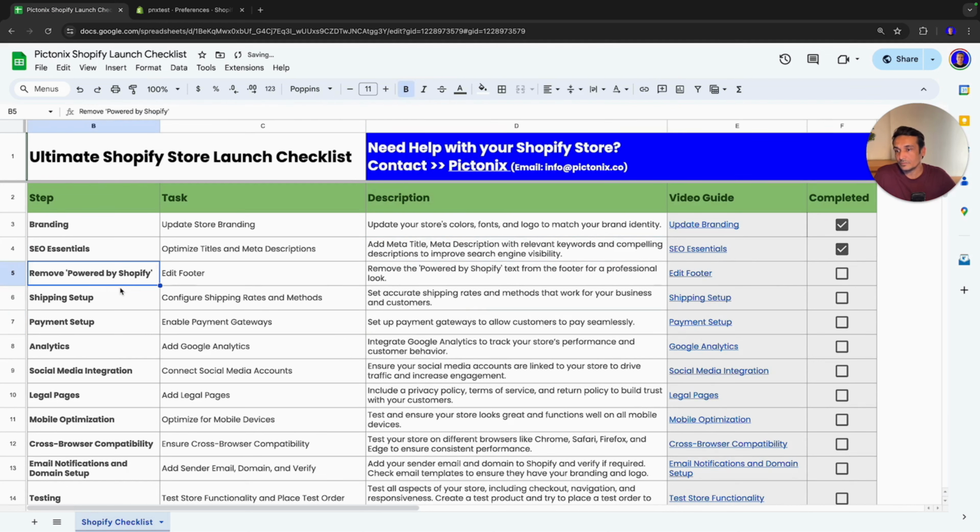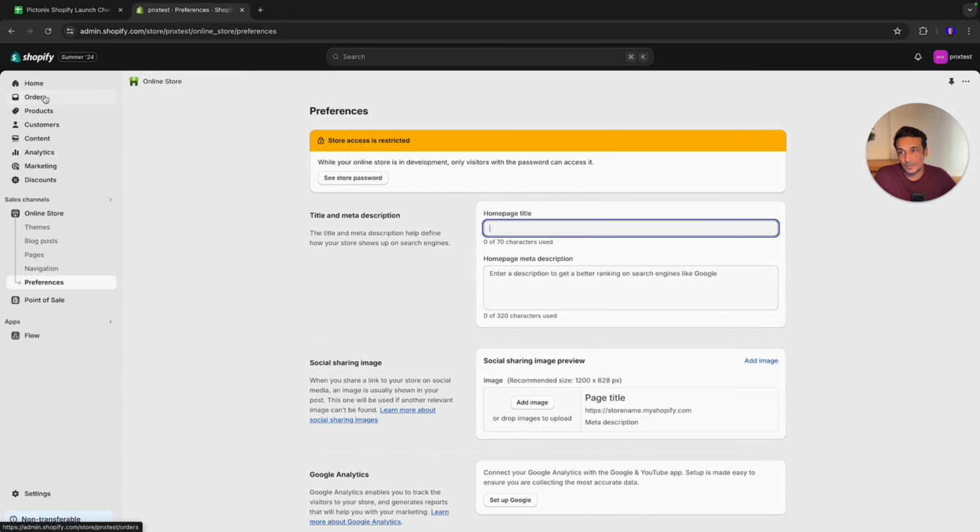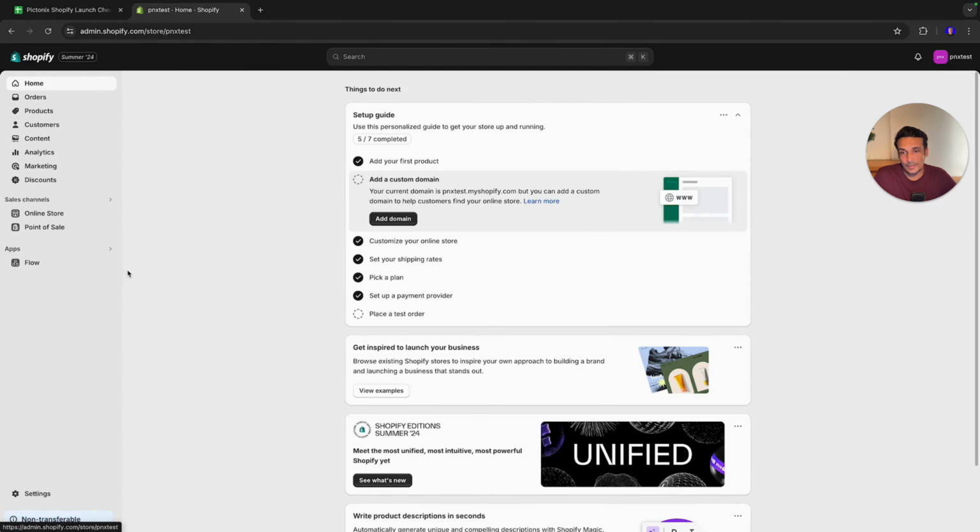Now, point number 3 is about removing the Powered by Shopify link. So when you create a new Shopify account, you will find the Powered by Shopify link in the footer of Shopify, right? So in the storefront, you will find this link on any theme that you create or build, right? So for example, if I go to my Shopify store, or if I open the storefront,